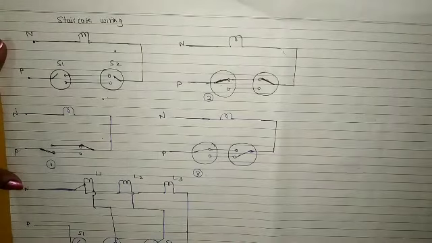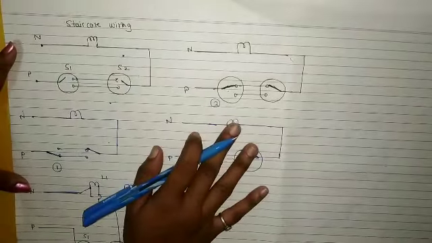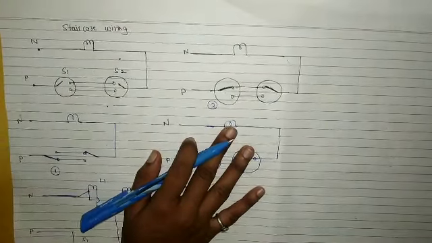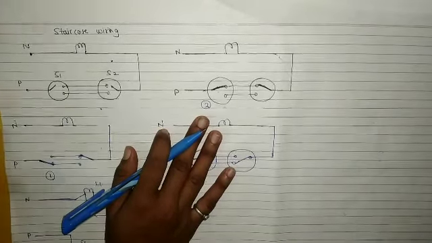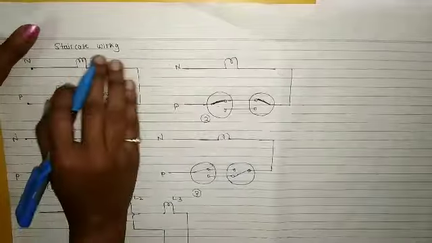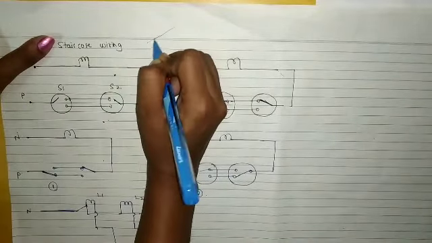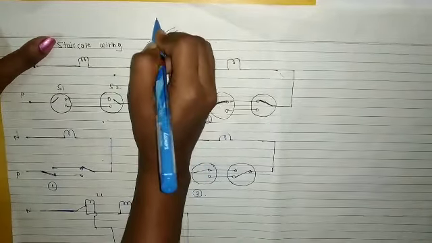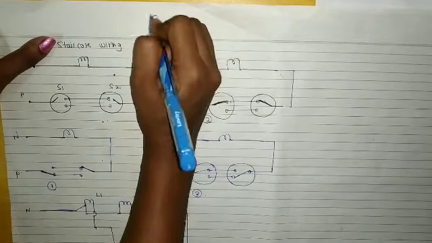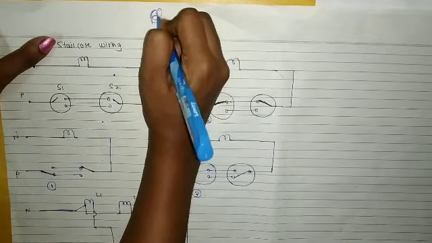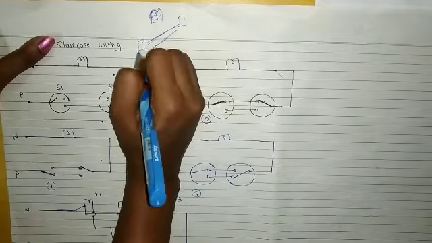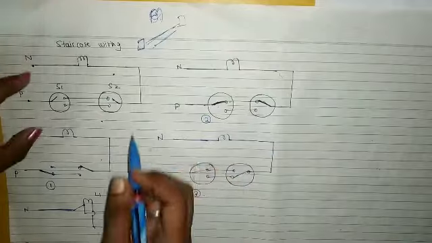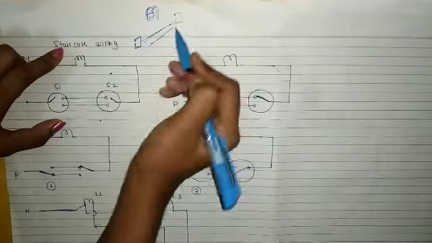Okay, now we'll see staircase wiring. So we have seen staircase wiring, right? So what is meant by staircase wiring? I have told you many times. We have to control a single bulb. So this is one bulb, okay, and we have to control it from 2 switches. This is switch 1, this is switch 2. So this bulb has to be controlled from this switch and this switch.